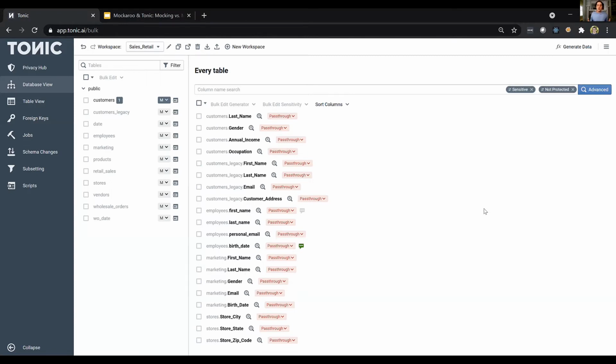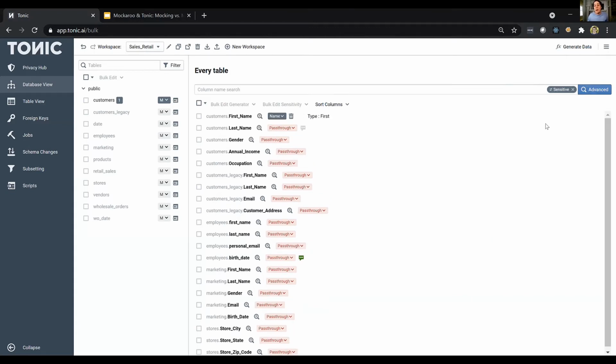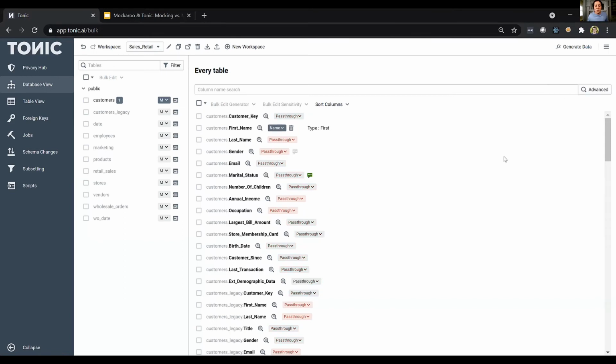But like I said, most of our customers come to us with hundreds or thousands of tables, and it can often be across many different databases. So this view can get much more complex, but because of the user experience we provide here, it's actually really easy to apply transformations still. So for example, let's remove these filters now, which are filtering me just to my sensitive not protected columns. As soon as I remove the not protected filter, we get back the name column, the first name column that we had protected earlier. And now I'll remove this filter as well, and we can just see all of our columns. So here's that name column.